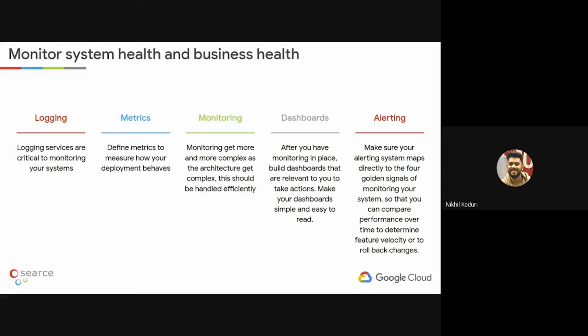Now you have all this data, all these metrics, all these logs, right? This is of no use from a business point of view. If I want to know what is actually happening with my application, what is the actual business value that I'm getting from these, we have to create specific dashboards that make it easier for the ops team as well as the business development team to monitor and analyze what is actually happening with the metrics that we are collecting. We can create different graphs in Stackdriver, or we can export them to open source tools and Google's tools such as Looker, and create custom dashboards that would suit your business use cases.